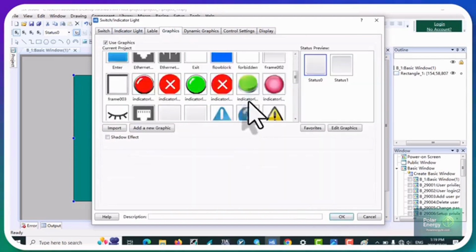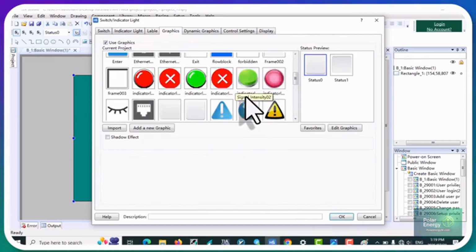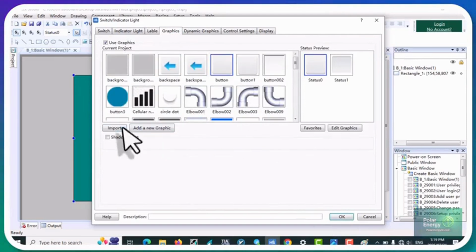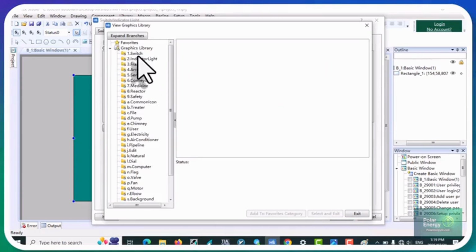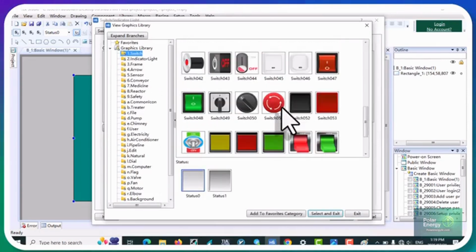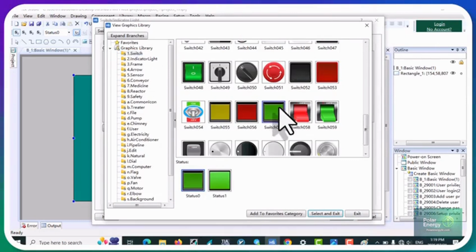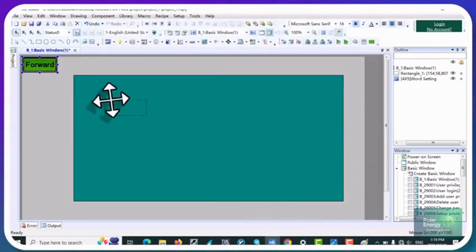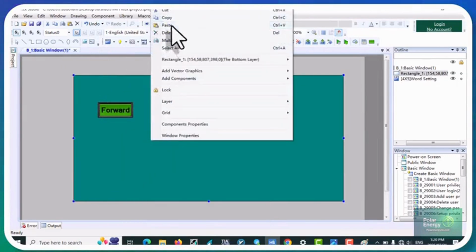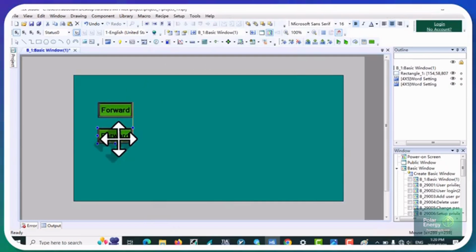And for its graphic, from the import graphics library, I'll choose a switch. For example, alright. So this is the forward switch. I'll copy and paste another one of it for stopping,